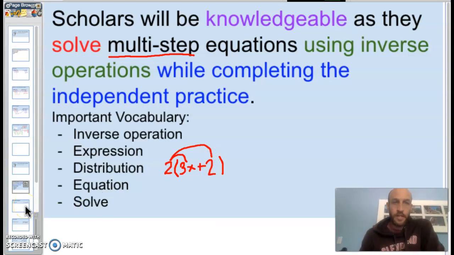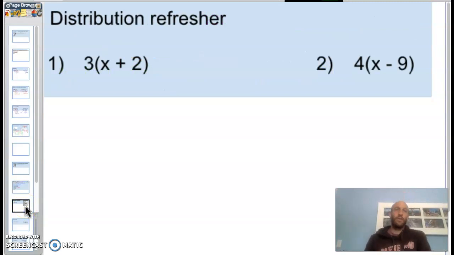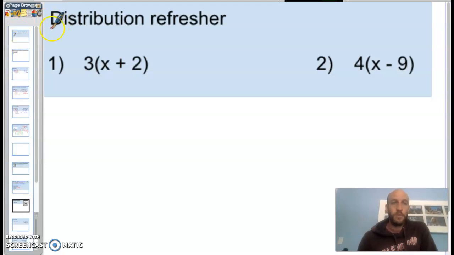All right, let's hop right into number 1 and number 2. So this is a distribution refresher. This is just to make sure you have the base skills needed for the next couple problems. So when you have a number or a variable and then a parentheses, we know that means to multiply. And it means to multiply everything on the inside of the parentheses. So you're really multiplying 3 times x and 3 times 2. Okay, so 3 times x is just that. It's 3x